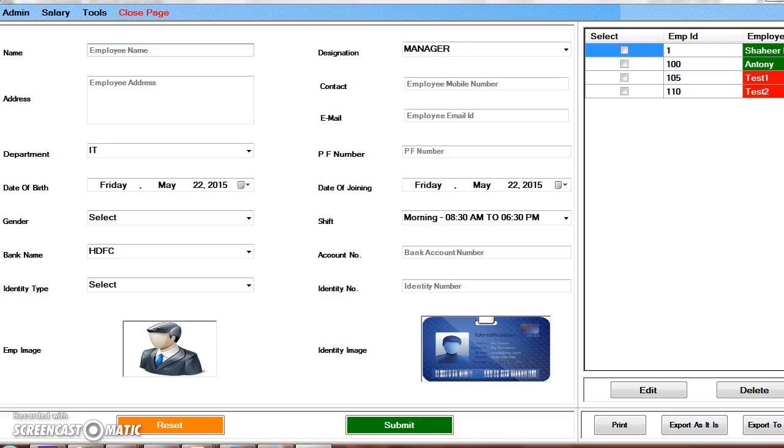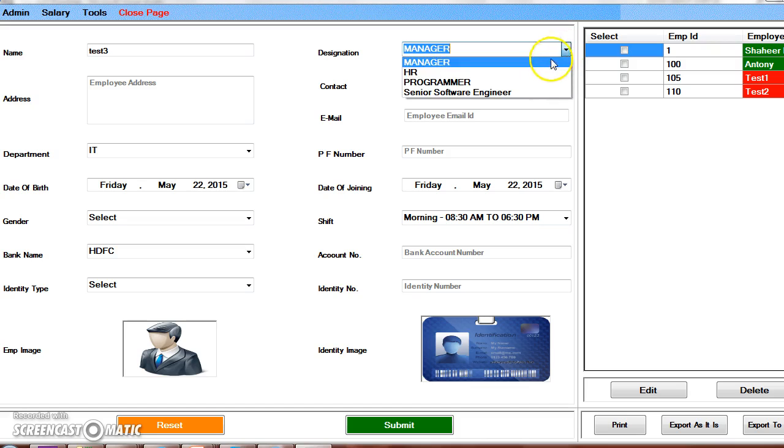For example, if we are logging in from myself company, then the list of the employees we are making are the employees of the myself company only. All these employees are of the myself company. In the right side you can check all the employees. Now we add a new employee test 3 with designation as HR,